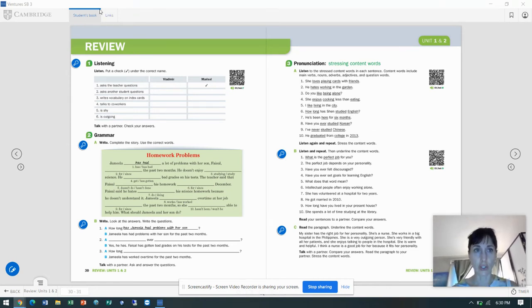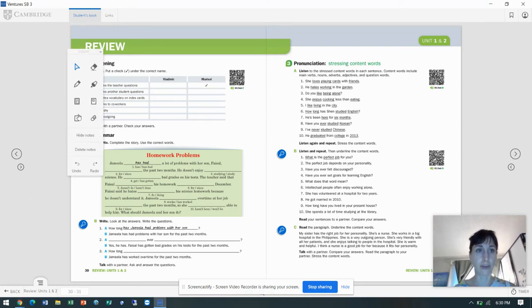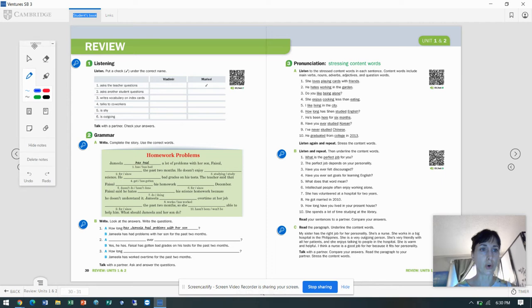So this is a student's book. If you can go ahead and find that, you can see the student's book up top here, right? You'll be able to find the student's book right here at the top. And then all of these different controls you can use during your Zoom call, right? So something that the students will be able to see as well are